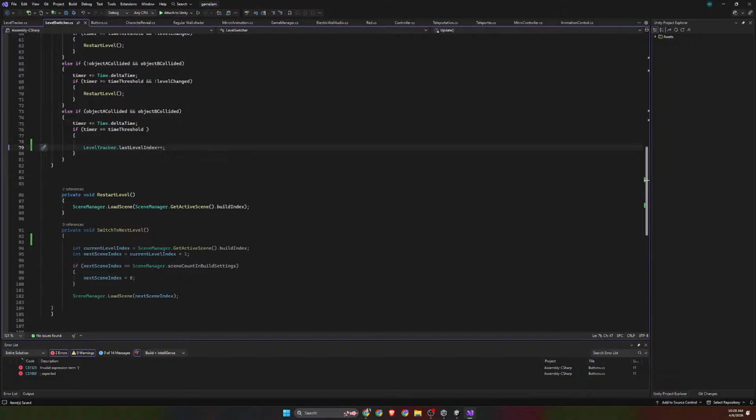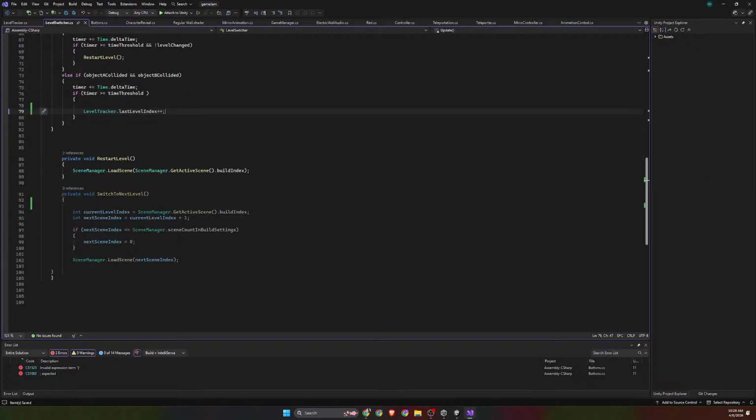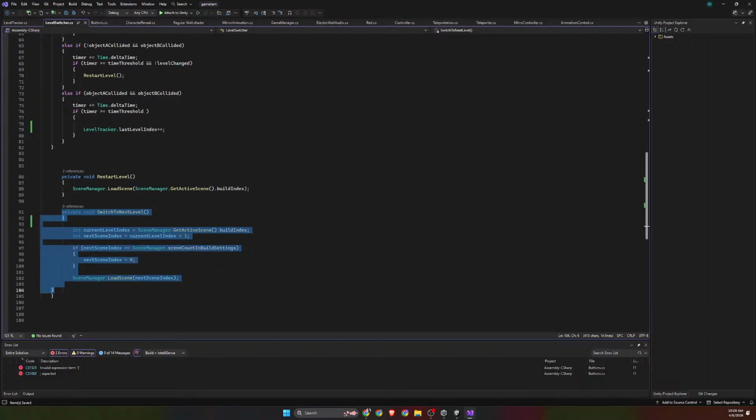So we have incremented this, and our switch to next level code can move on to, but we still need to go to our, what do you call this, yeah, we need to go to our level switcher scene. So what we can do is, instead of using this,